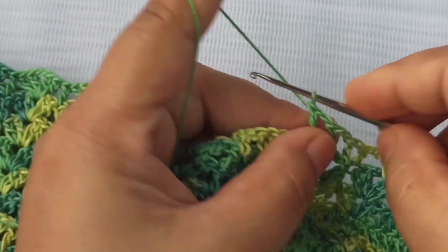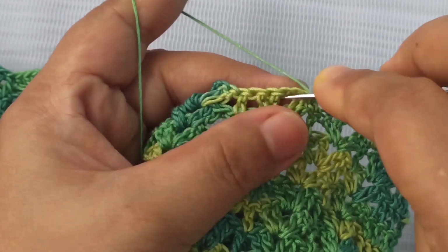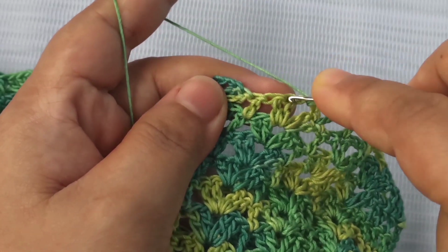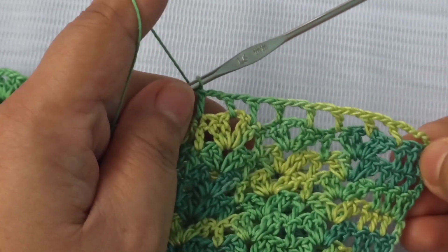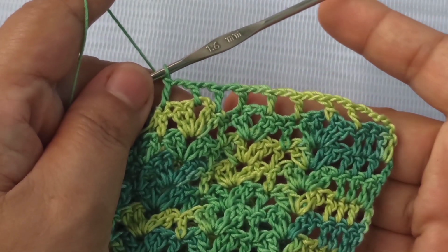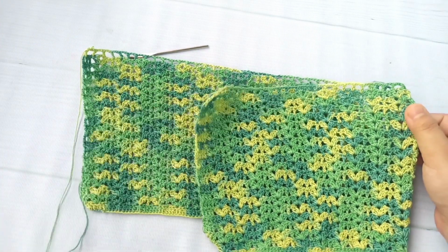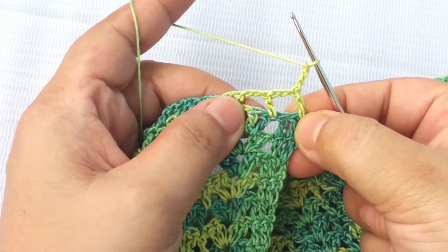So this is the pattern. You just follow the pattern and complete the row. I will be back after finishing the row. I have finished the row. Next row, make chain 3, turn it, make 2 more chains,